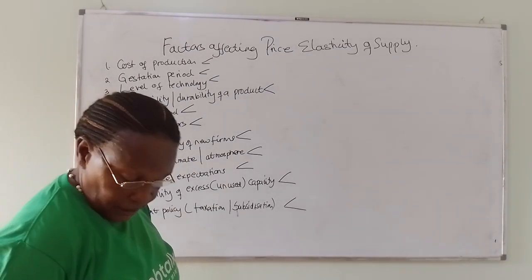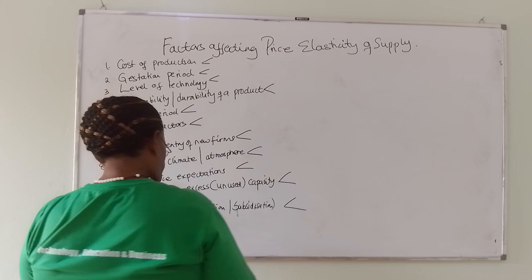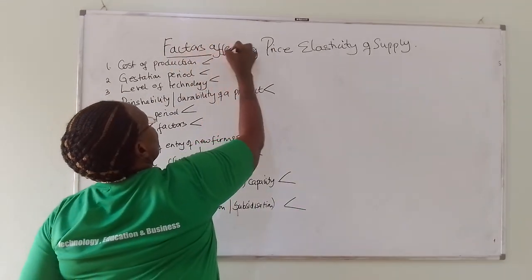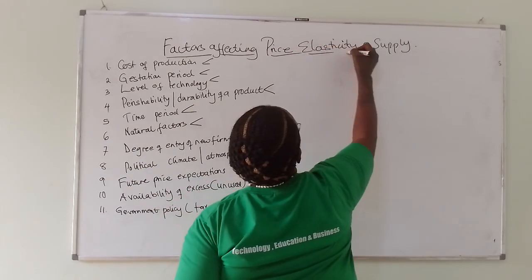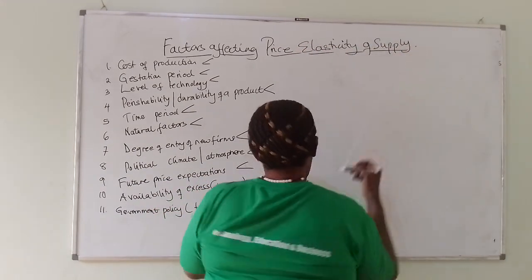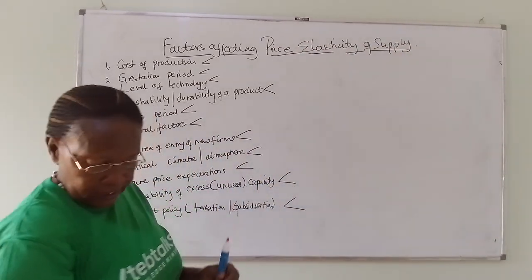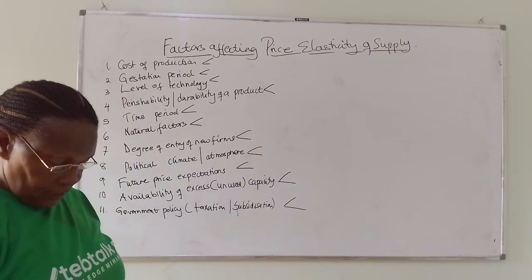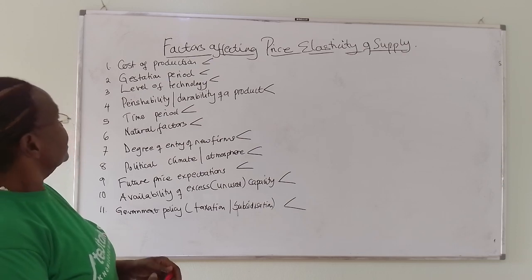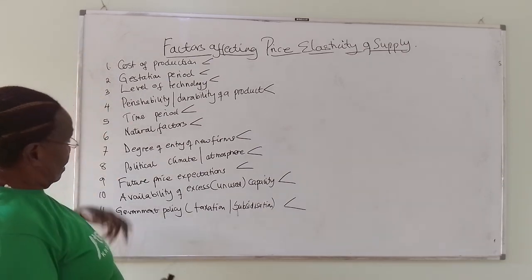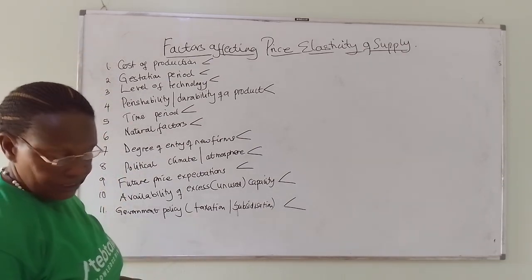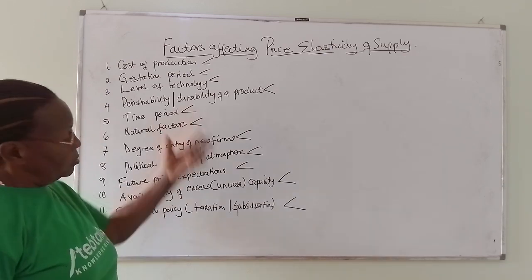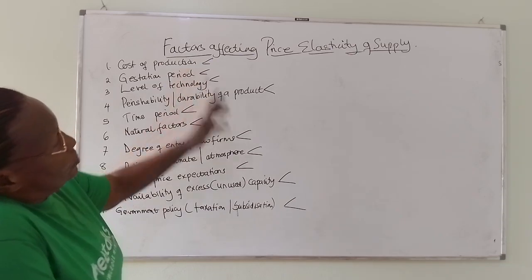We are now looking at the subtopic of factors affecting price elasticity of supply, implying: what factors do we usually consider when we try to look at the responsiveness of quantity supplied to changes in factors affecting supply? These are automatically, we are just repeating what we have already seen. We saw the factors which affect supply, and they are the ones which come back when we come to elasticity